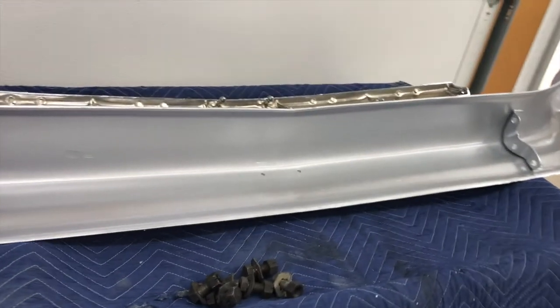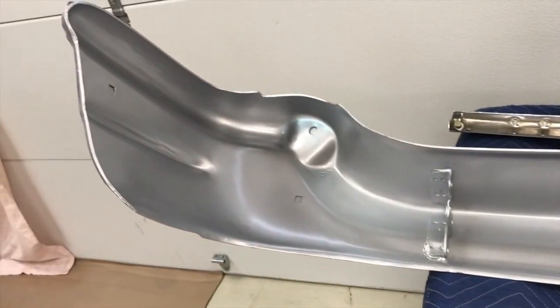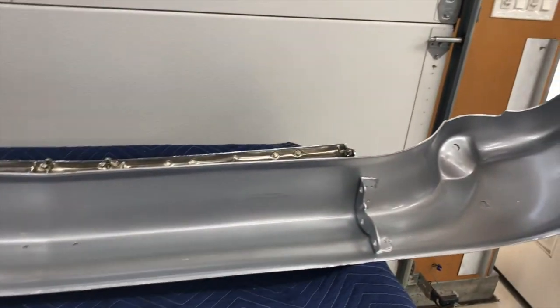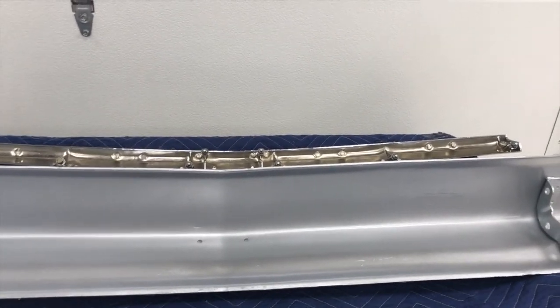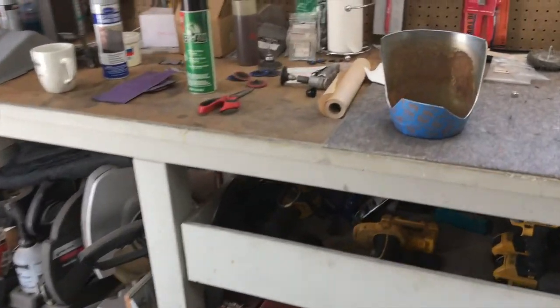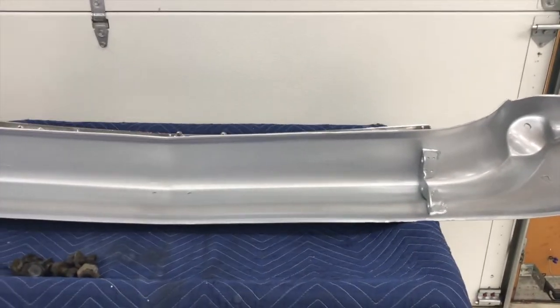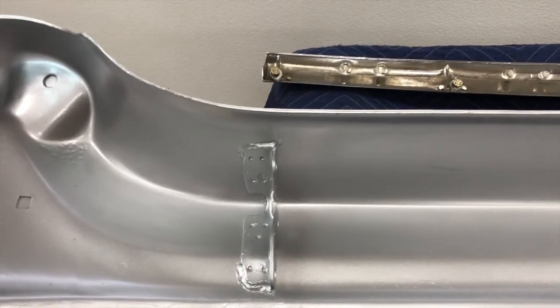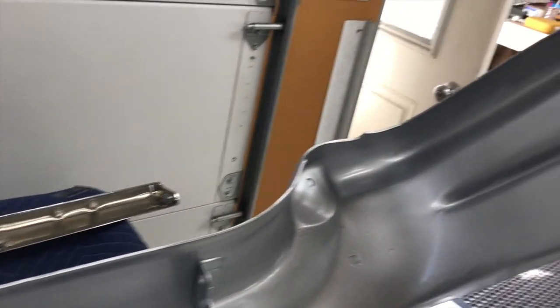The chrome on the bumper looks nice, but the inside, you know how when they do something like this, they don't ever spend much time on the back. The back looked pretty nasty. So we spent a bunch of time cleaning this up, and I primed it with a self-etch primer. I cleaned it up with the little tiny air die grinder, with the 2-inch discs and the Scotch-Brite discs. Got rid of a lot of the flaky plating on the backside, the copper and stuff. So all of that was dressed and